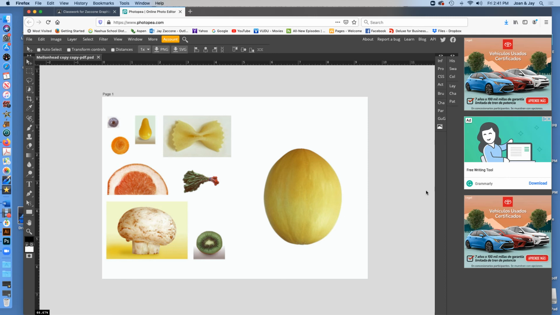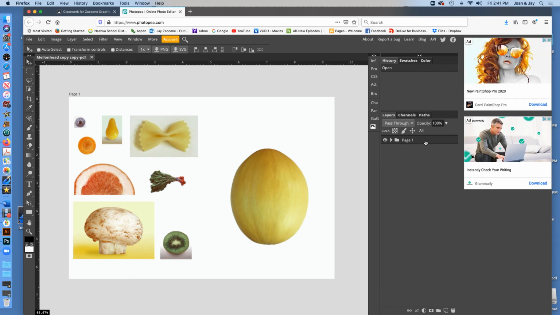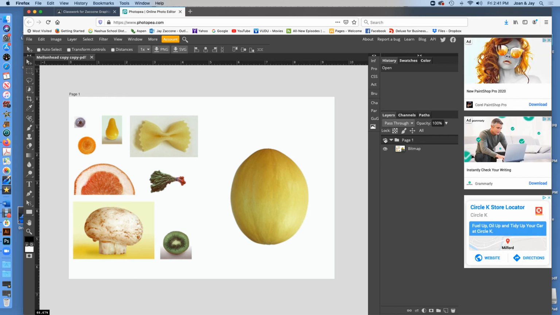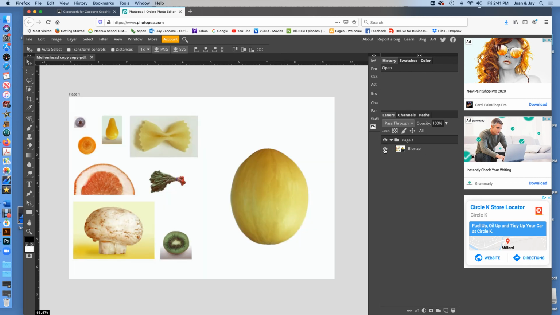Now, there's a couple things you need to do before you can actually start working on the project. First off, you'll have to open up the panels here, and you want to get the Layers panel. And we're in page 1, so our only page. You can see if you turn off this eyeball, it turns the page off, or if you turn this off, it turns off the image. The image is not the right type of file. So we have to right click or control click over the word bitmap,